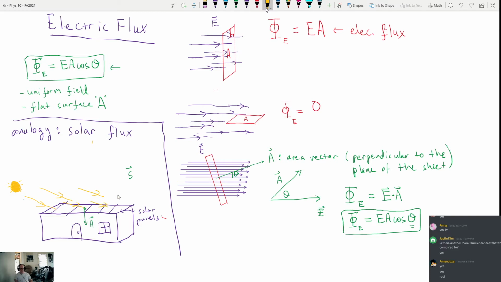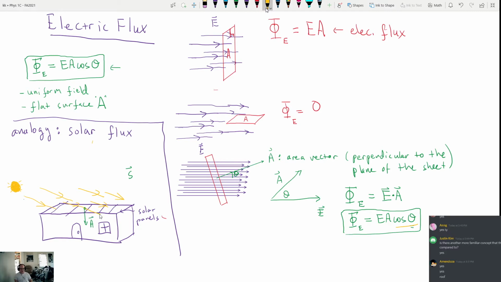So without the sun directly shining down on it, now you get a reduction in the amount of output of energy from your solar panels, right? You get a smaller amount of energy from your solar panels. How much less? You take the cosine of the angle between the angle at which they're coming in and this